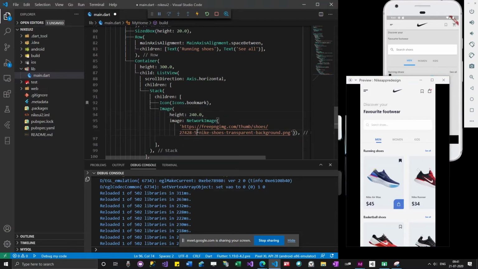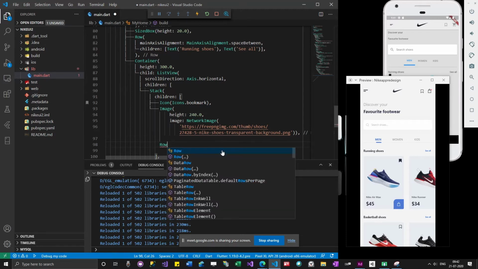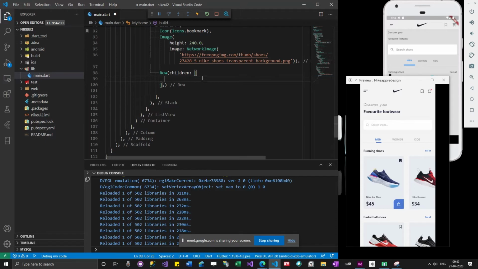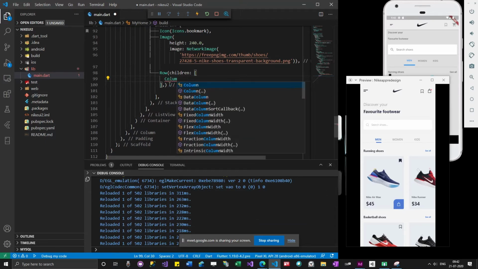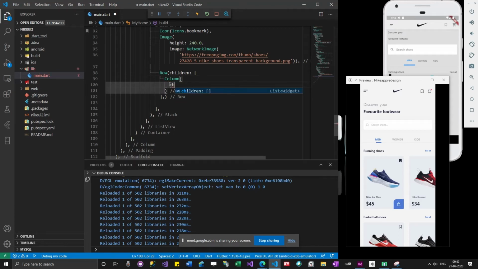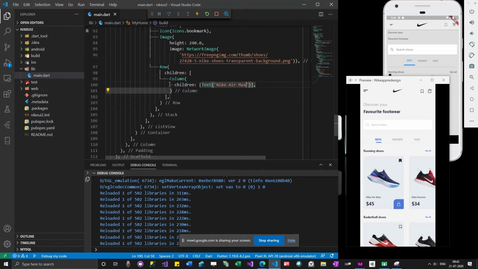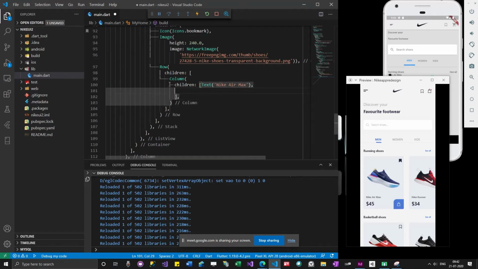So in order to achieve this, I'm going to add a row, children, row text children. So I'm going to add this column of widgets, and then again children, text of Nike Air Max. Text of $45.